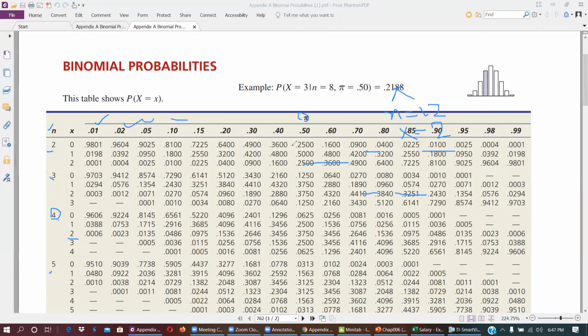So what is the probability? Pi is 20%. This 20% is right here. Please try to focus here, and we are checking x equal to 2, 3, 4. So which is right here. 2 is this, 3 is this, and 4 is this. So without doing a calculation, even tables are important. So what is the value here? For 2, 0.1536, we calculated using what is the probability of, 0.0256 and this.